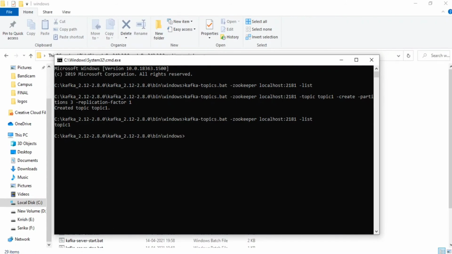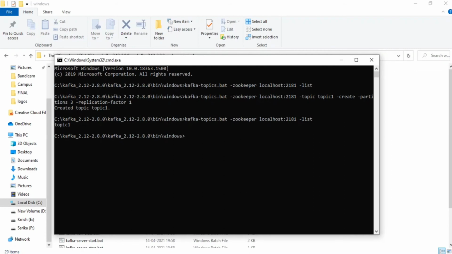Okay, cool. So now it's time to create a producer and a consumer, each in a separate window, and we will see how they pass and communicate messages between them. First we will start with the producer.